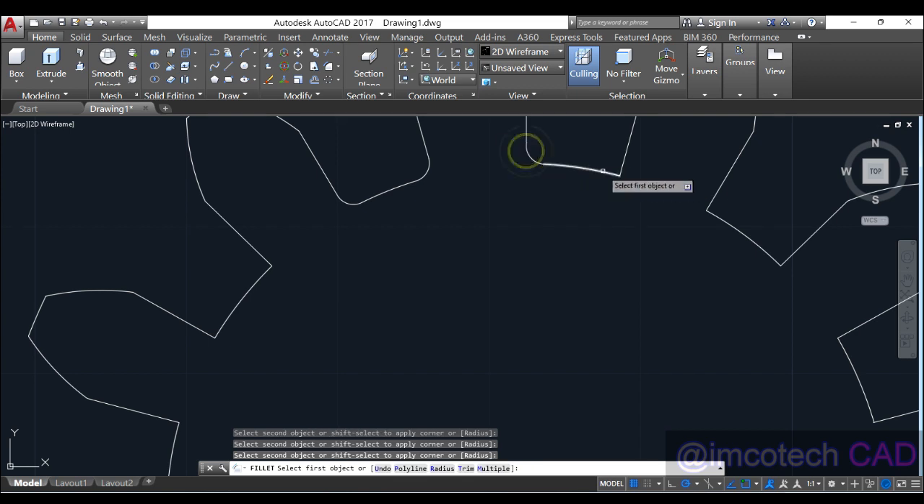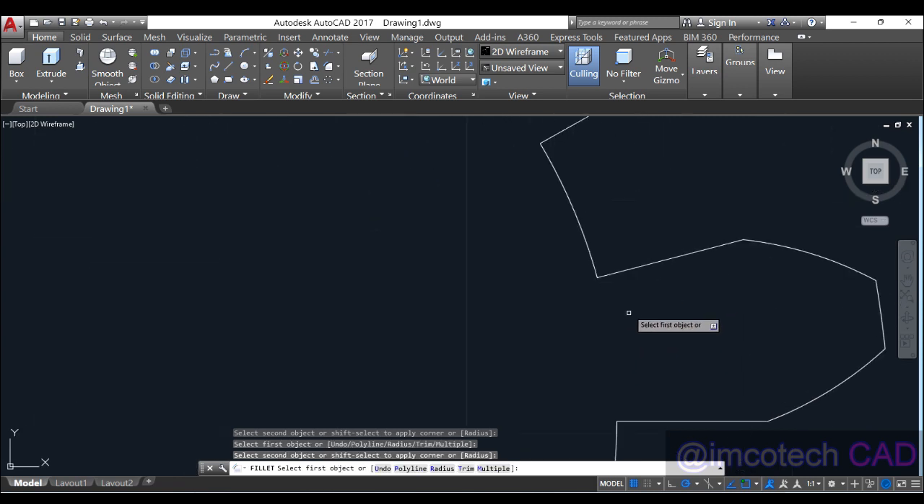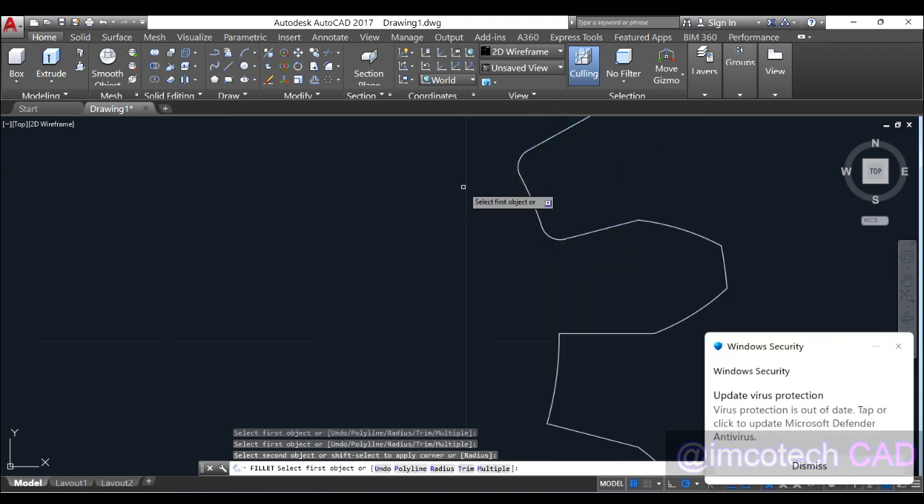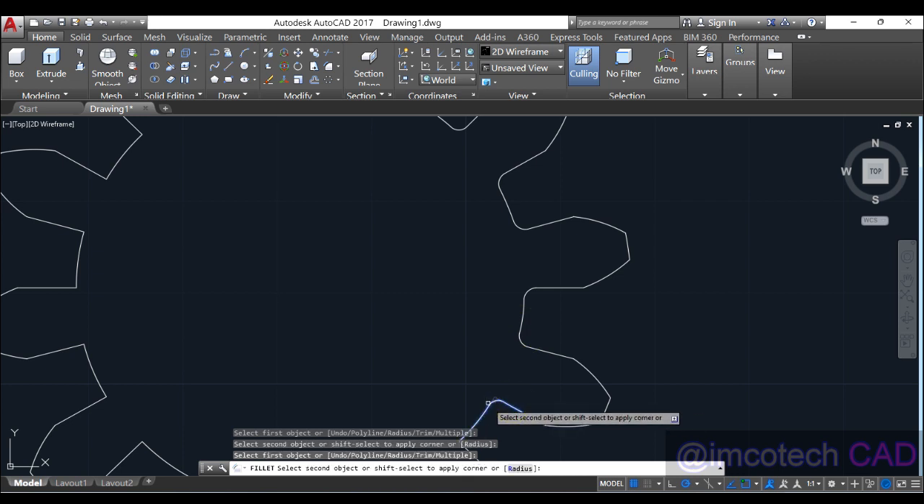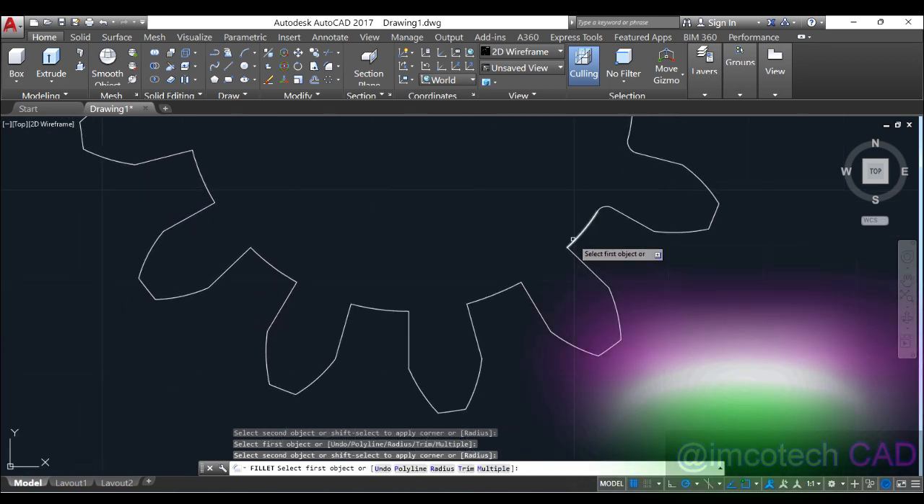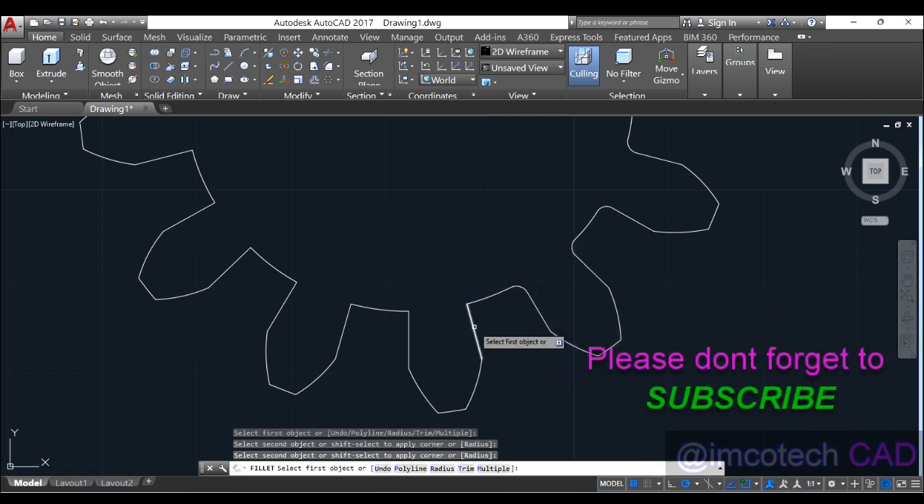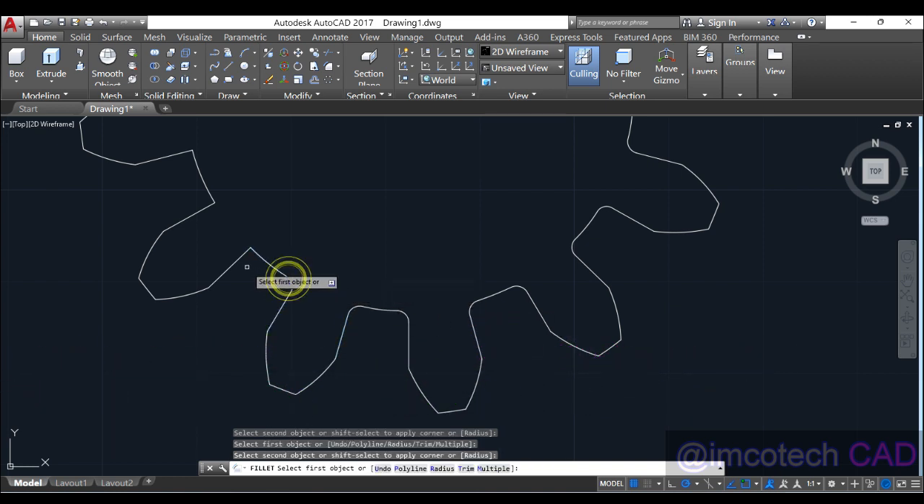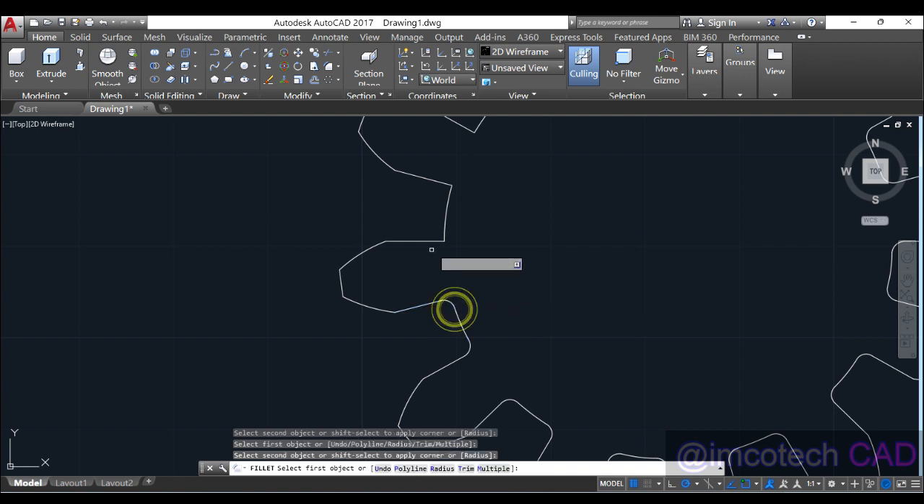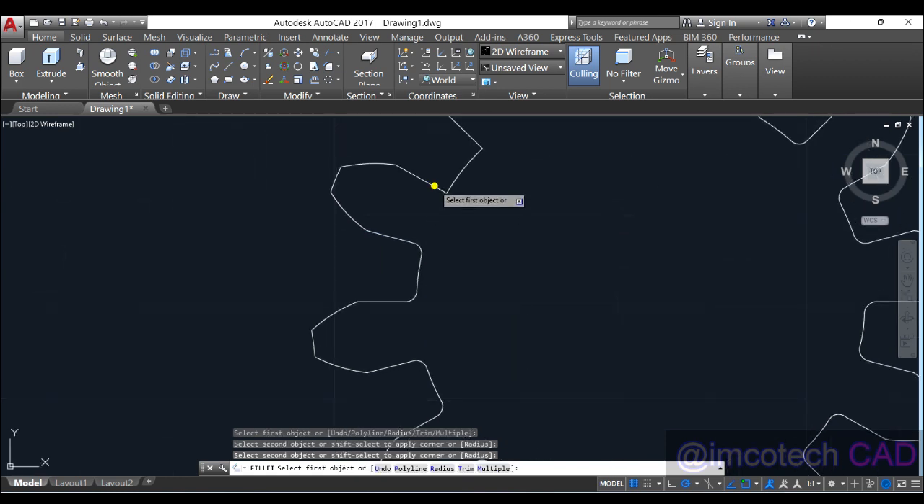Trim, that will be 24 sides. 5, 6, 7, 8, 9, 10, 11, okay, 12, 13, 14, 15, 16, 17, 18, 19, 20, 21, 22, 23,